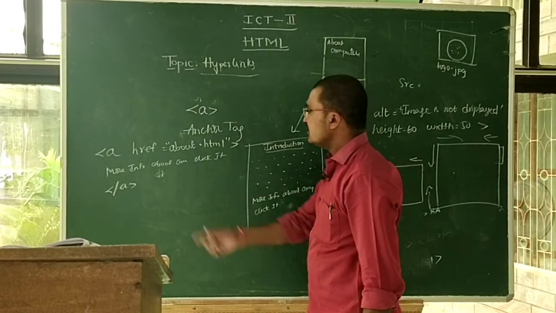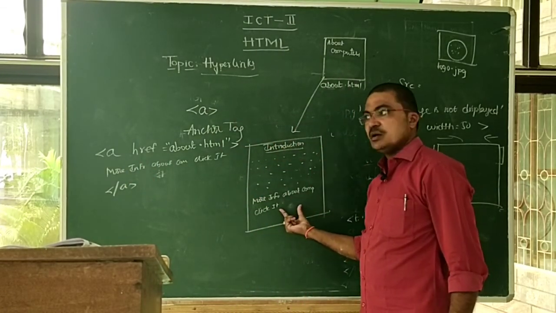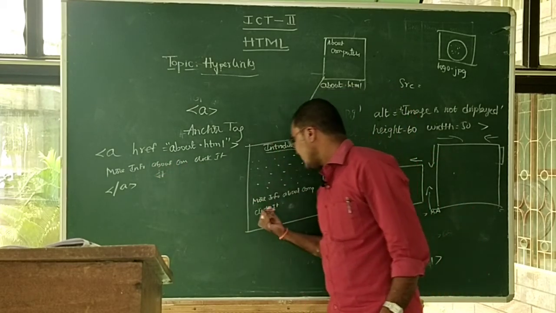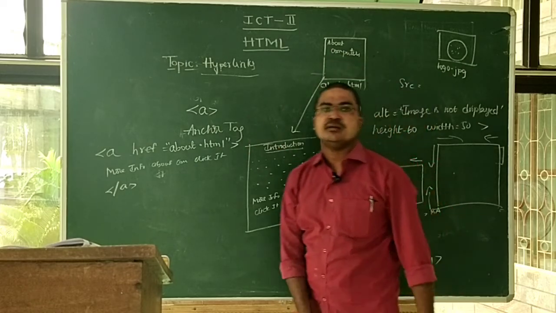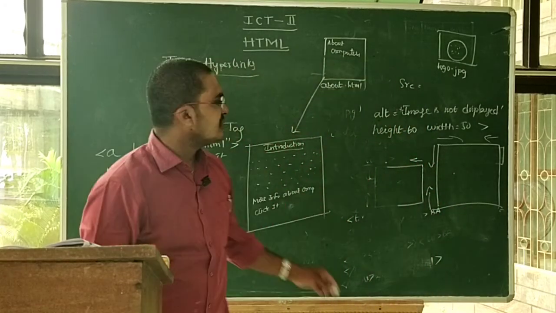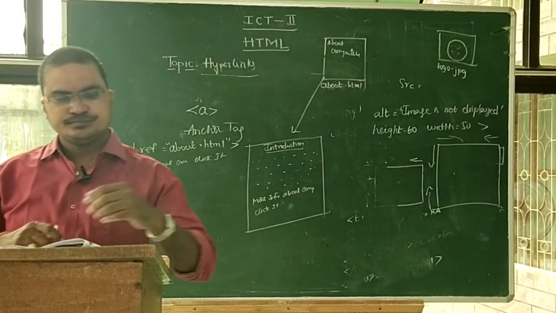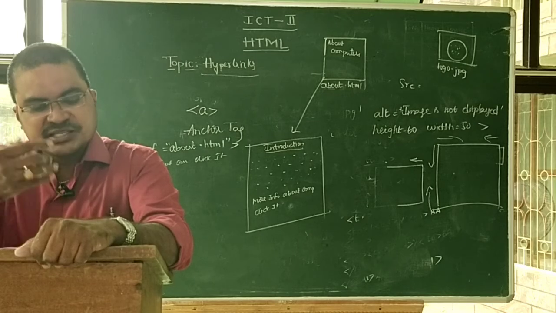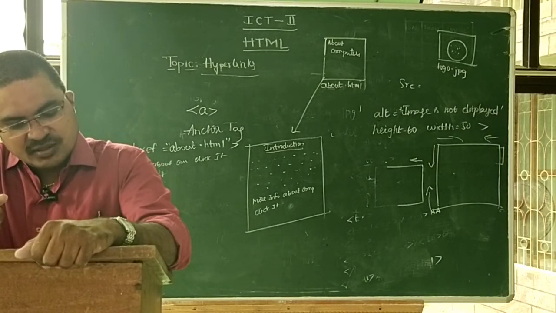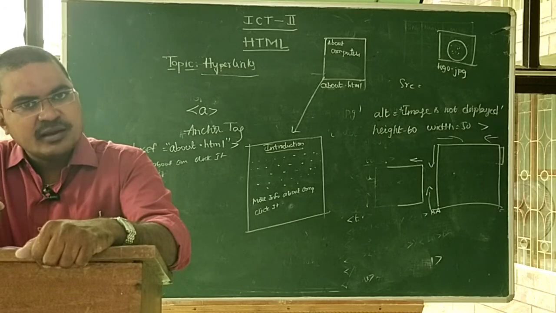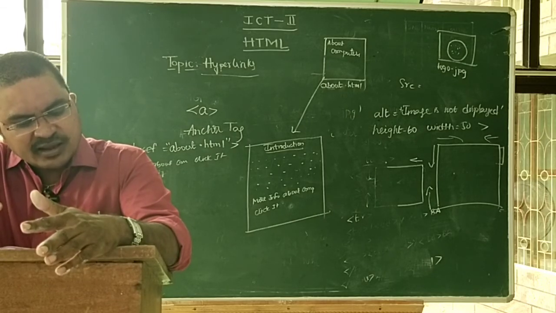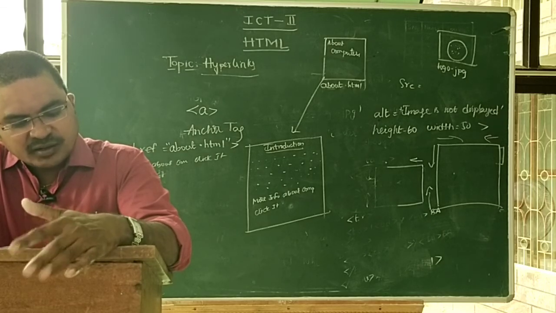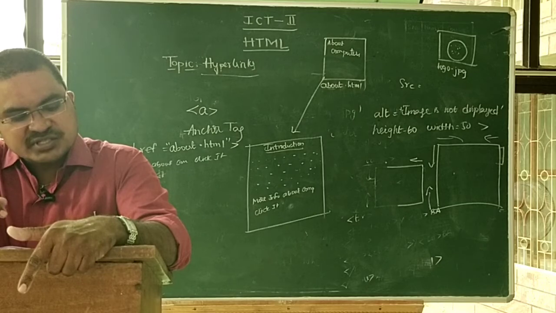So what happens? The text appears at the bottom in blue color. If you click the text, then automatically this page is opened. This is the power of hyperlinks using the A tag. So an anchor tag is used to establish hyperlinks in HTML. This element is called the anchor tag. Anything between the opening tag and the closing anchor tag becomes part of the link, and a user can click that part to reach the linked document, which is the hypertext.